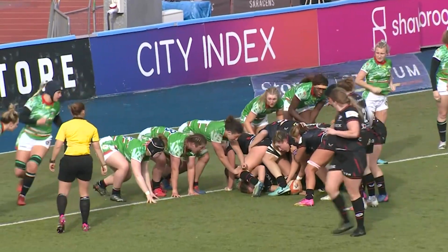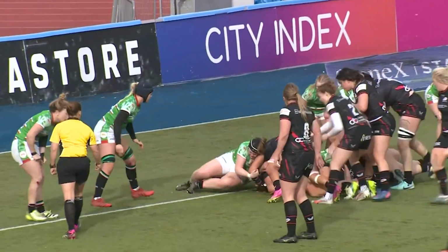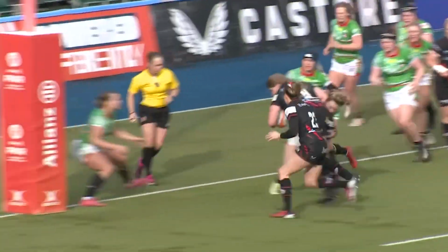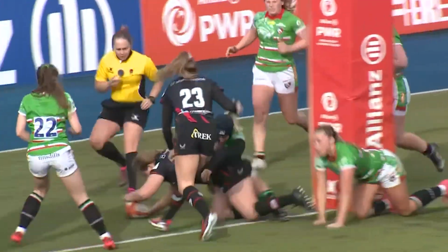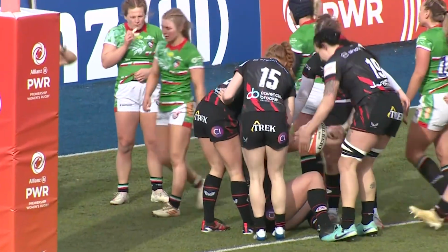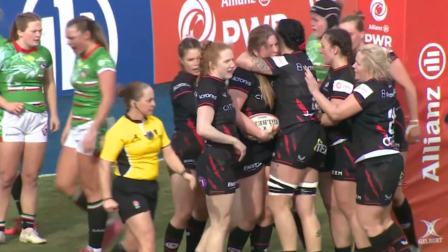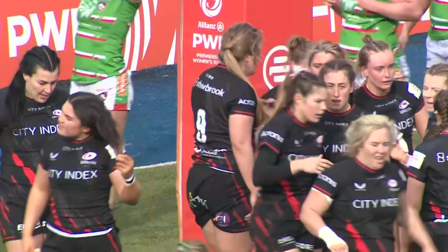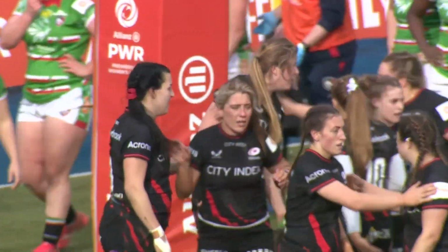Kelsey Clifford the next to get her mitts on it, and Clifford goes metres, inches, centimetres now. And there's Cleal, goes into the post and down. Poppy Cleal takes her side past 50, and that was just superb play from Saracens to close this out. I think it was only right that Cleo got that one down. I think she had